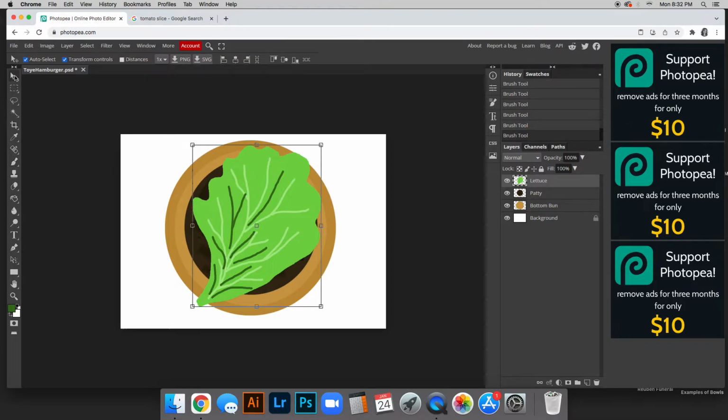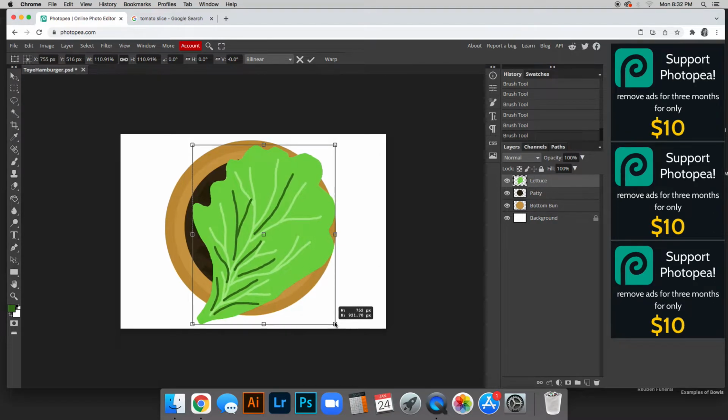the move tool. You're going to select the move tool and make sure auto select and transform controls are both checked. Then you should have this bounding box appear around your lettuce. So you very rarely are going to grab from the sides. You are always going to grab from the corner, but you have to hold down shift. So say I want to make my lettuce bigger. You have to hold down shift on your keyboard and then pull from the corners so that it doesn't mess